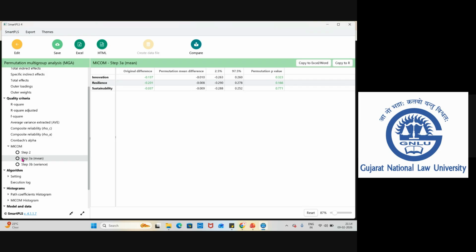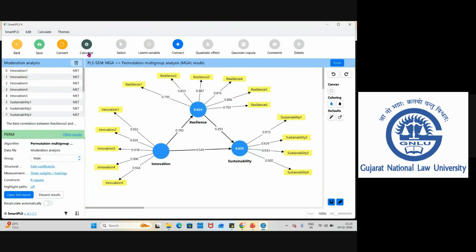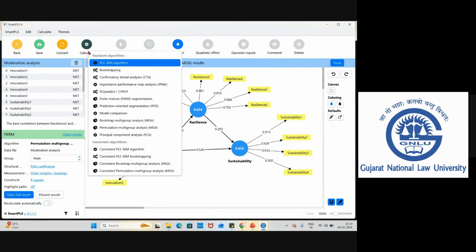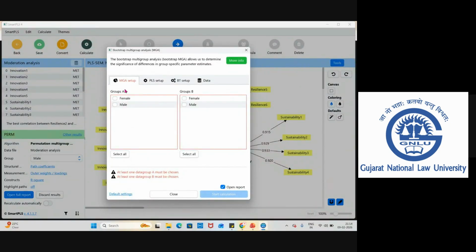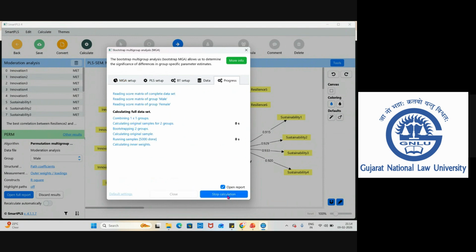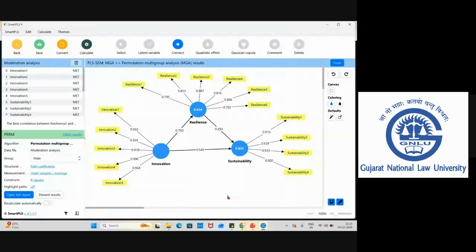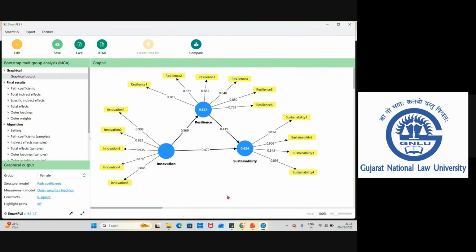In order to go to step number 3, go to edit, start calculation, bootstrap multi-group analysis, group A is male, group B is female, start calculation. Now, just come to the